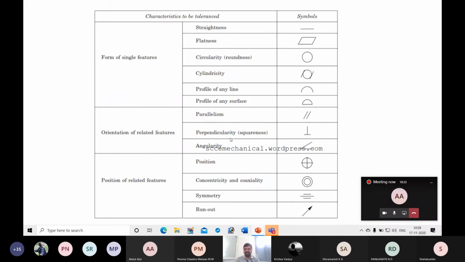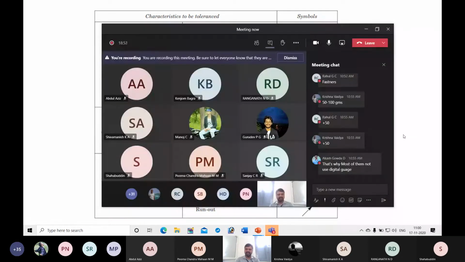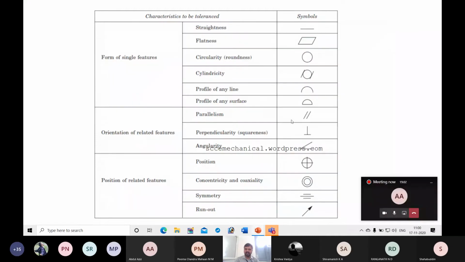If you want to read any production drawing, this is a fundamental requirement, fundamental knowledge required to read any production drawing. You should remember these symbols, then only you are able to read the drawings properly. Drawing is not only about specifying dimensions. If you specify some dimensions, that is not the complete drawing. You have to specify all these things in a drawing, then only it will be complete for production. That's why production drawing is different from normal drawing, where we don't consider these things.